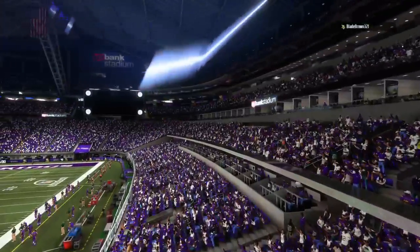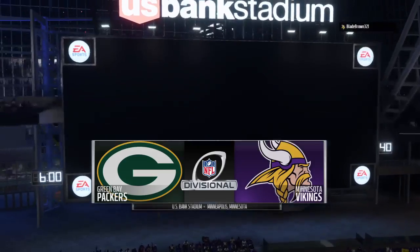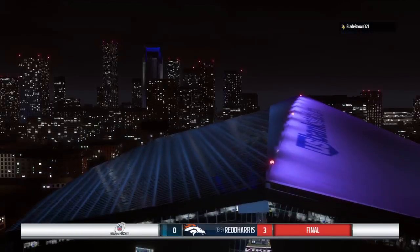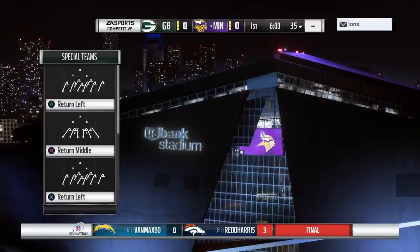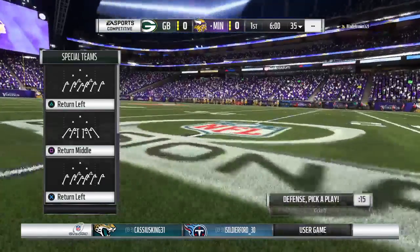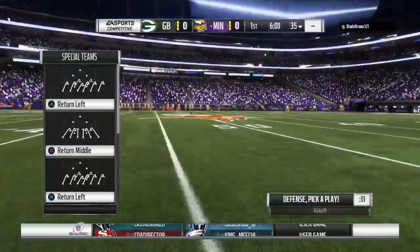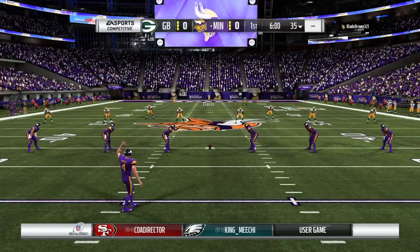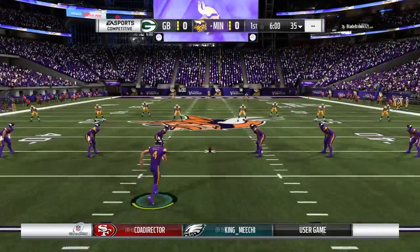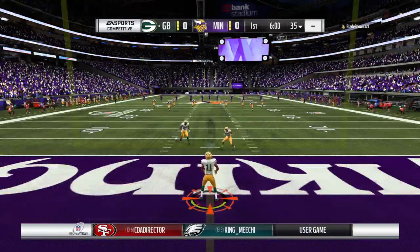And we find ourselves at the stadium that played host to Super Bowl 52, the wondrous U.S. Bank Stadium in Minneapolis. Coming up, an important divisional round matchup in the NFC between the Green Bay Packers and the Minnesota Vikings. One of two spots in the NFC title game awaits the winner here as we're underway in the divisional round